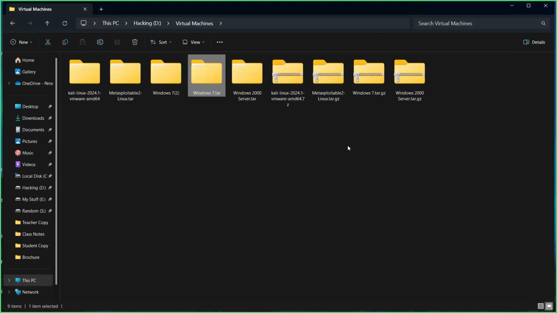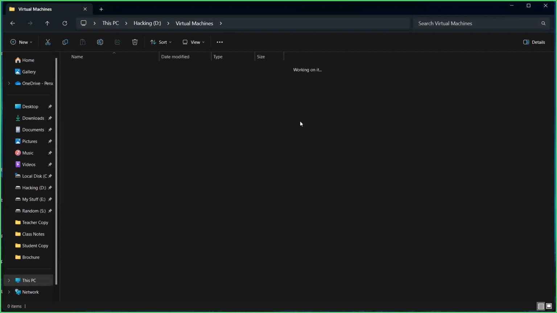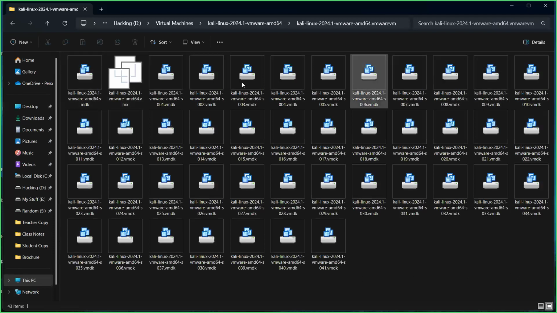Good. Now, once the file is extracted, guys, open up that folder. And when you open up that folder, you would have one more folder within that. Open that as well. And there are multiple files here, if you notice. And there's one file with a very unique looking icon, and it has a unique extension as well. This has an extension called .vmx. All the other files have a different extension, vmdk. So this is the image for the operating system, guys, the virtual machine.